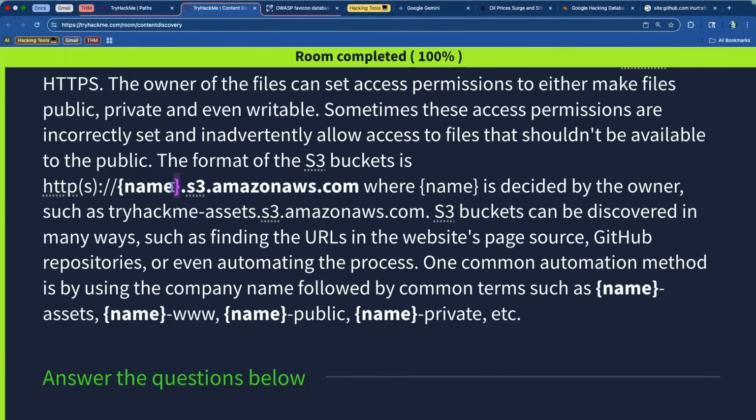So the name would technically be the name of the website, decided by the owner, like tryhackme-assets.s3.amazonaws.com, etc. They can be discovered in many ways, like finding the URLs in the website's page source or GitHub repositories, or even automating the process. One common automation method is using the company name followed by common terms like name-assets, name-www, name-public, name-private. All of these could be different links, right? It could lead to a link on Amazon AWS for an S3 bucket, and then from there we could potentially